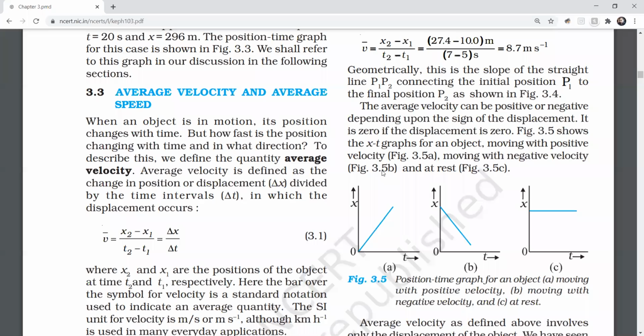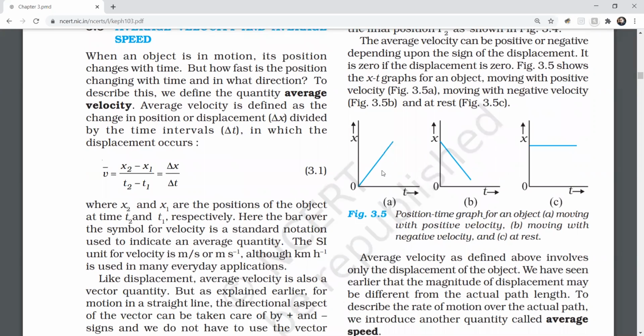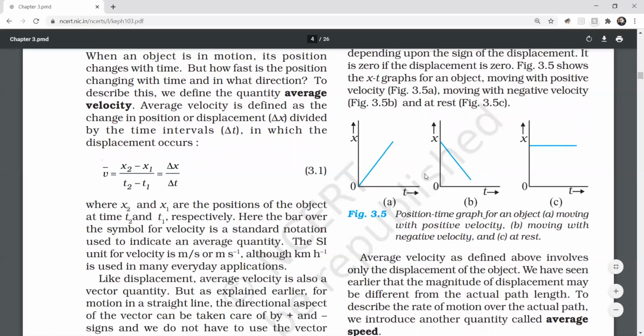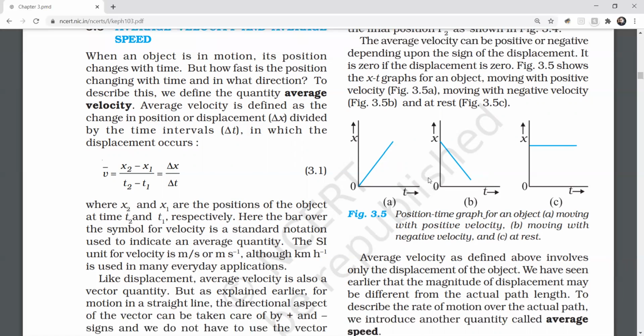Then we came up with the formula of average velocity. We know it is delta x upon delta t, which is the total displacement that has happened divided by the differential of time. Sorry, the differential of distance that has occurred divided by the differential of time, and that is how we come up to average velocity. Now there are some more graphs that show something moving with positive velocity, something moving with negative velocity, and something that is at rest. These graphs are very important because we can understand how exactly a particular object would be in motion or not.